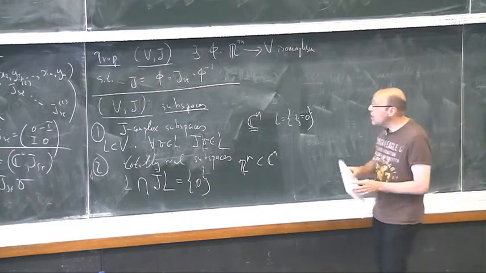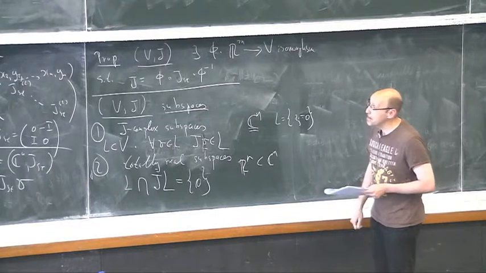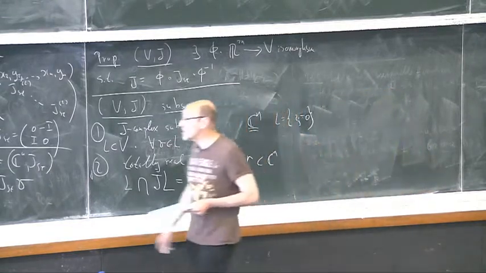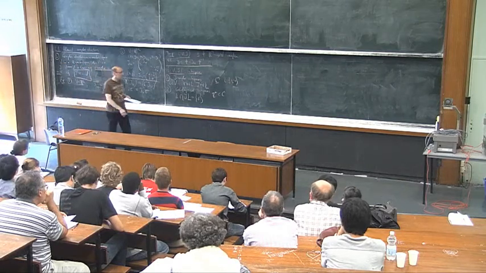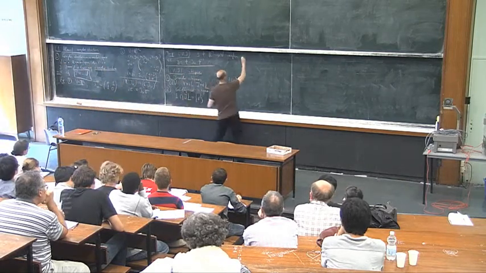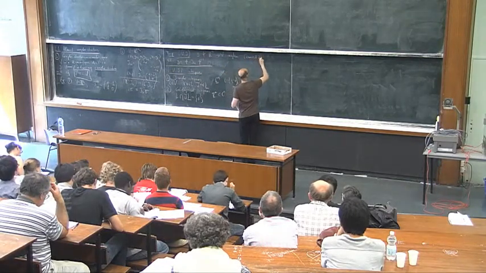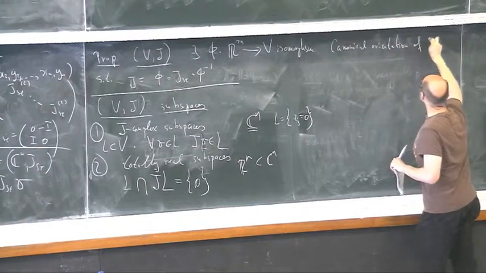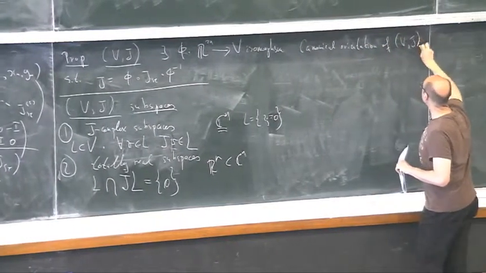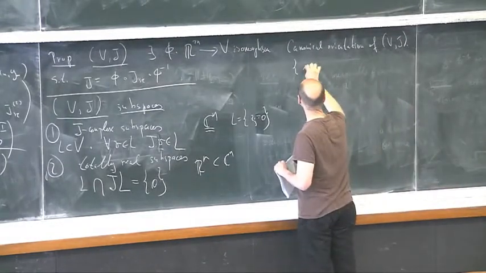Well, a last remark: every complex space, when you have a fixed structure J, always has a canonical orientation. So canonical orientation is also very well known. Canonical orientation of V, J. Just take any complex basis of V,